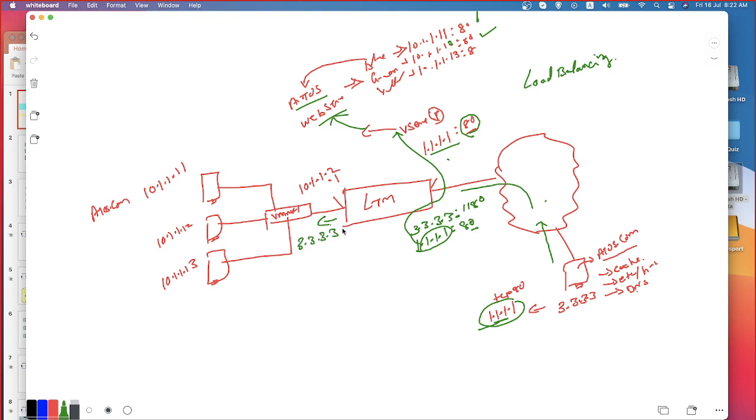This is the default behavior. Because the request is coming from 3.3.3.3 with a port number of 1180. Now the destination IP address alone is going to be translated to the chosen web server, which is 10.1.1.12:80.